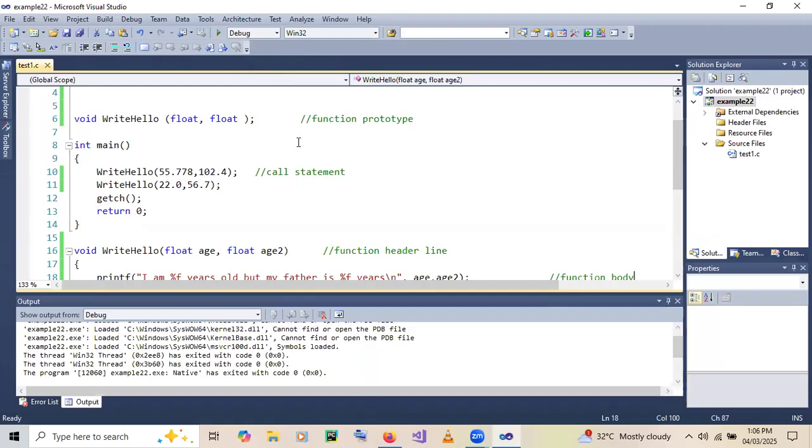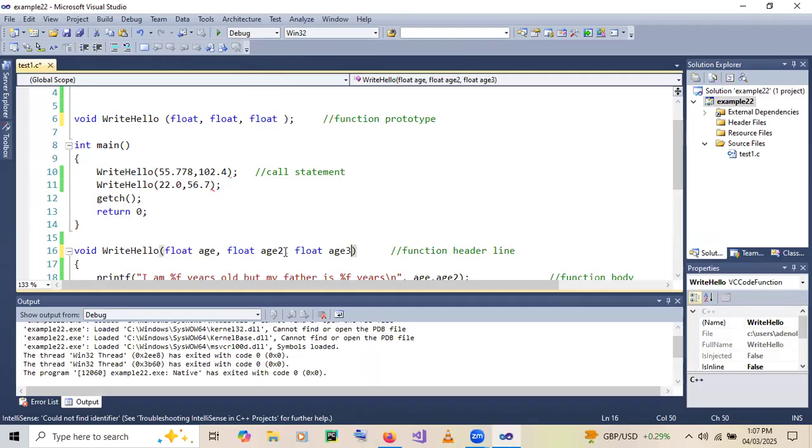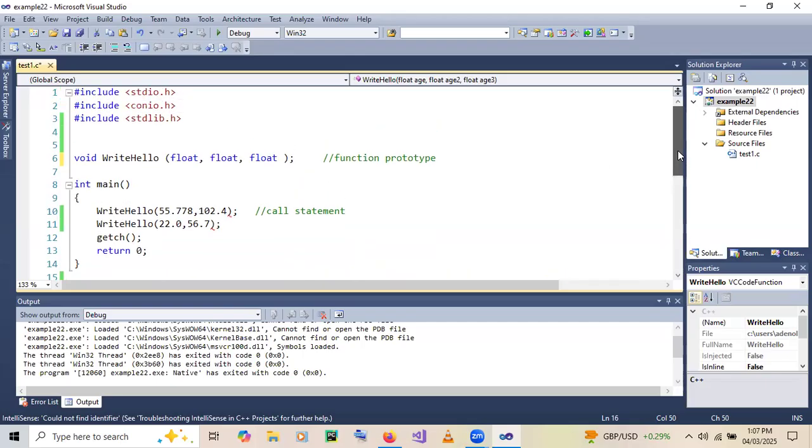So look at this. We've written a function that accepts two arguments. The same way for three arguments, right? You're just increasing the arguments. You have to specify it explicitly. Let's say age 3. You understand? You can increase as much as you want, but they are not returning anything. For you to return, okay, let's write another function